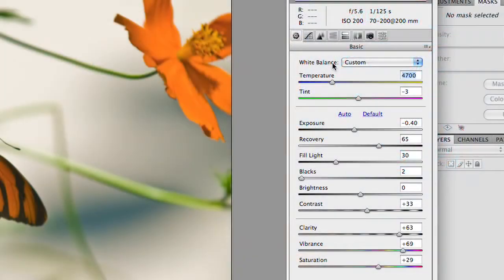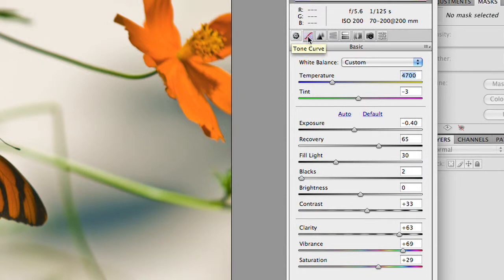CreativeCow.net. Today, we're taking our second look at the Camera Raw interface, so if you missed the first part, be sure to head on over to CreativeCow.net and watch the first episode in this series. Today, we're going to go a little bit deeper with what we could do with Camera Raw. So we've opened up a RAW file, and we've already done the basic adjustments in the first tab. Let's keep going. As we go through the tabs, they work from left to right, so we can go from